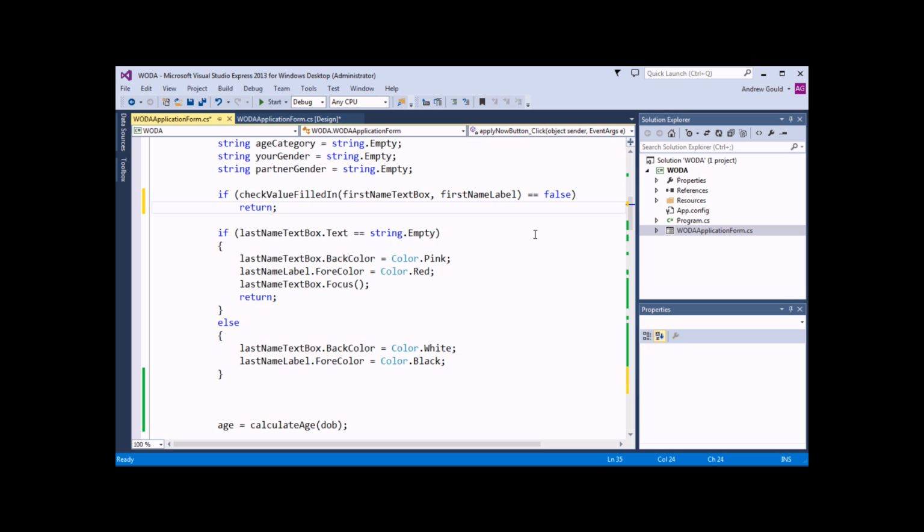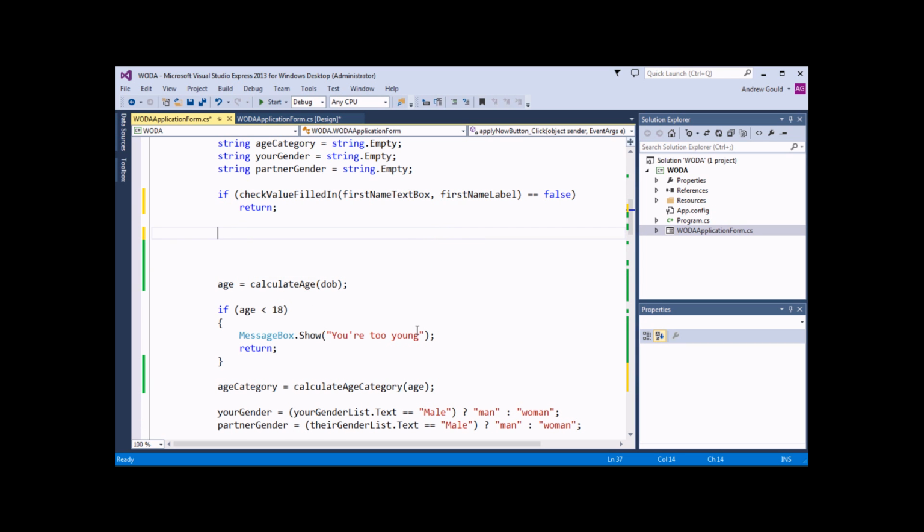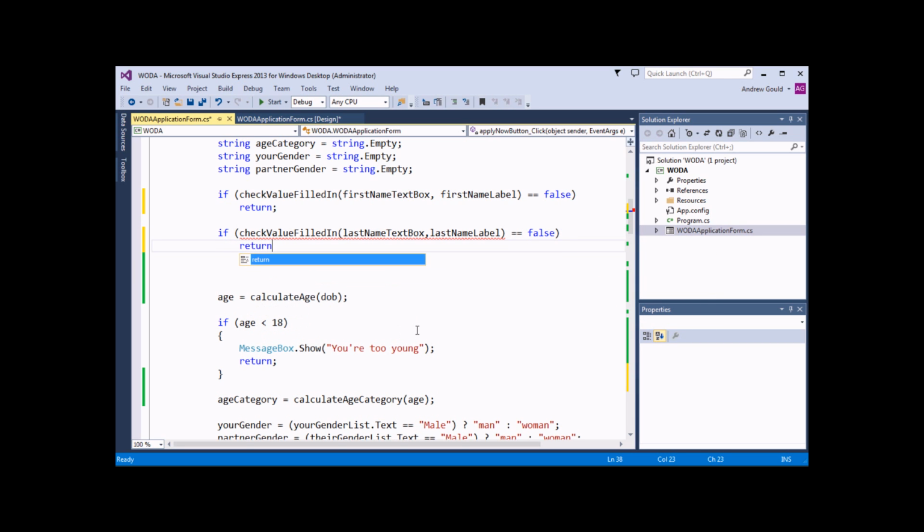So I can do exactly the same thing now, wonderfully, to replace this entire if statement. I can take this entire set of if statement and else statement out and replace that with another simple statement: if, check value filled in, open some parentheses, and this time I'm going to pass in the last name text box for the first parameter and the last name label for the second parameter. And I'm going to say if that is equal to false, what I want to do is return from this